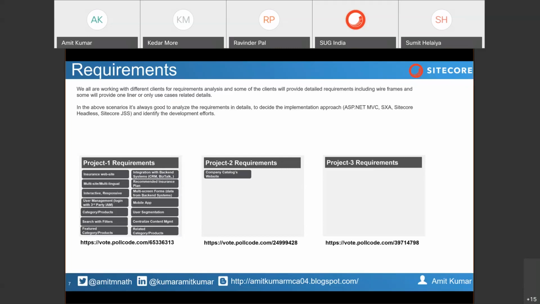Suppose a company is selling their product via a link to a third-party website. There is no e-commerce integration in this, and it also needs to support multi-site and multilingual, and it should be interactive and responsive. Featured products need to be visible to the user, and there will be a picture gallery for the products.